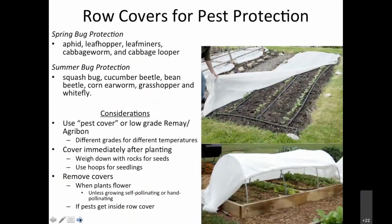And then row covers. You don't need to start off with this stuff, but it's a good thing to know if you do have really bad pest problems. Row covers are basically these cloth covers. You use them for two different things. In the summer, you use them as pest protection to protect your plants against pests. And then